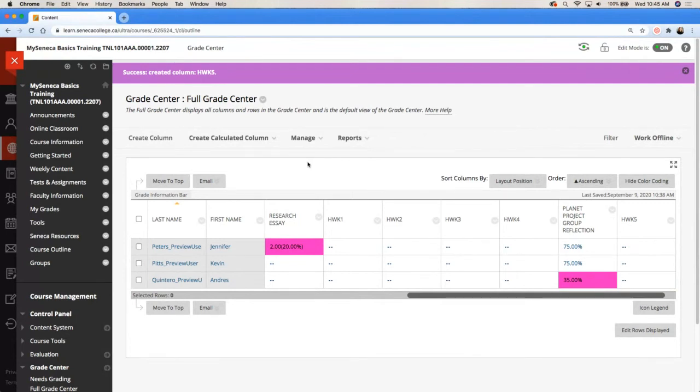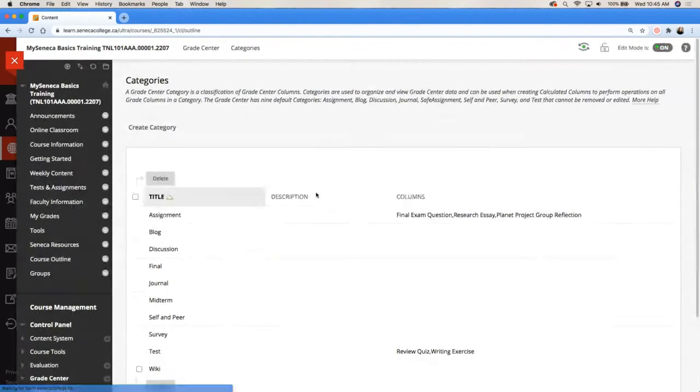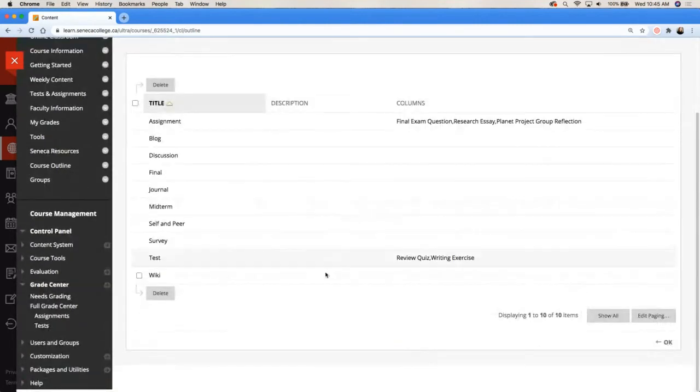I'm going to make the grading a lot easier on myself, and I'm going to have Grade Center figure out dropping the lowest grade for me. So my first thing I have to do is decide on a category I want to assign to these columns. So I can go into Manage and Categories, and there's a lot of default categories in here,